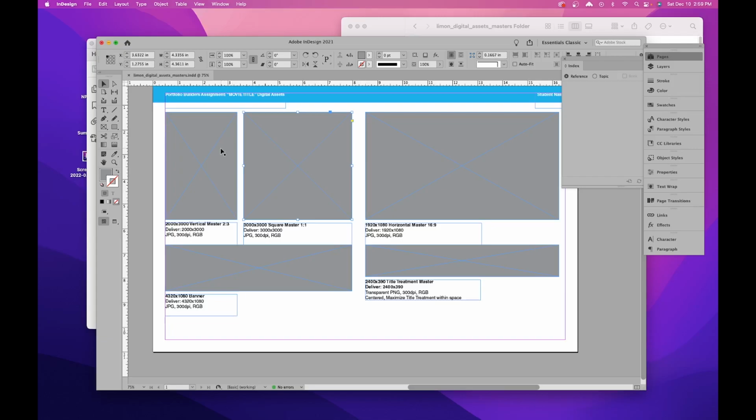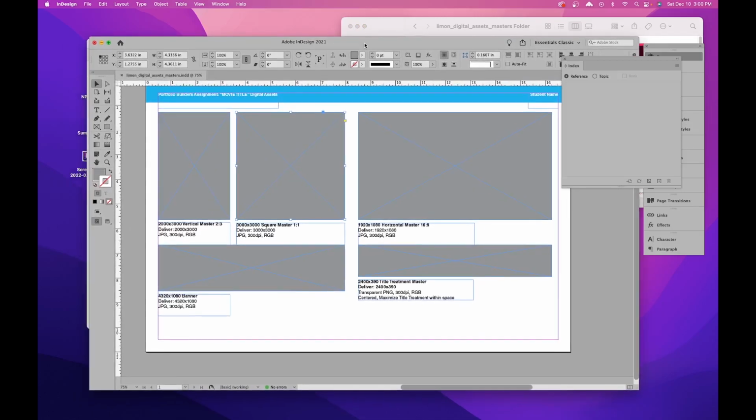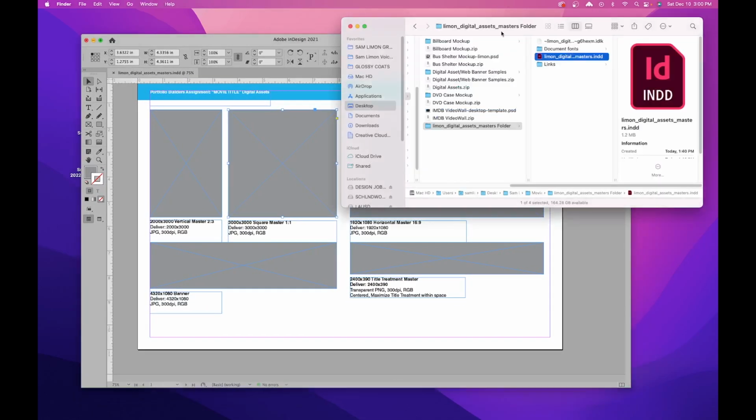In the real world, when you're doing this, you're going to be creating a master page, and then you might be given a set of 100 different digital assets that you have to create. You're building a set for Voodoo, a set for Hulu, a set for Xbox, Verizon, whatnot. Some of them are going to be the same, so you just place them there, maybe just change the name. However, sometimes they do have different sizes than the masters, and that's where you're going to actually be building them, not just copying files. So this is just the InDesign file, and let me go back to my folder,